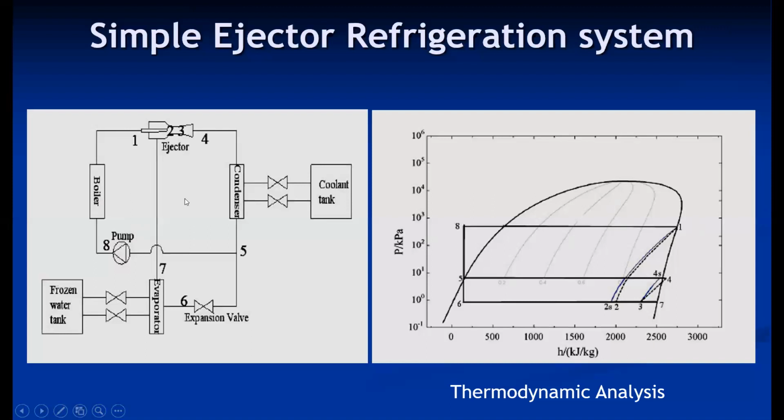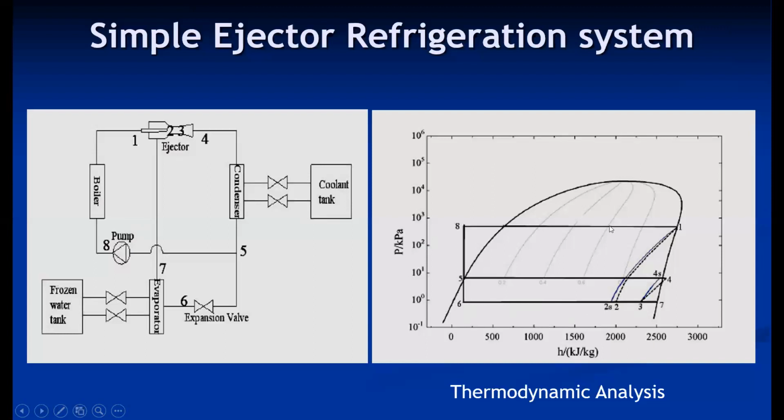So there are three pressure lines. For simplicity, we are considering the pressure of the evaporator and the pressure at the nozzle. Here, the pressure at 2 and pressure at 7 are constant. We have discussed in the ejector expansion type transcritical cycle that the pressure at 2 is less than the pressure at the evaporator. But here, for discussing the simple ejector refrigeration system, because there is only a slight difference, a slightly lower pressure in the ejector, for simplicity of analysis we are considering the evaporator pressure and ejector pressure to be the same.